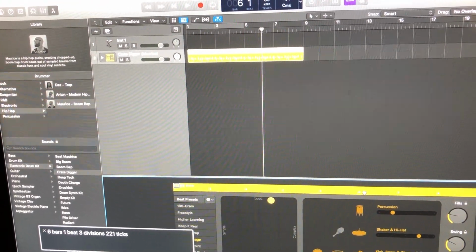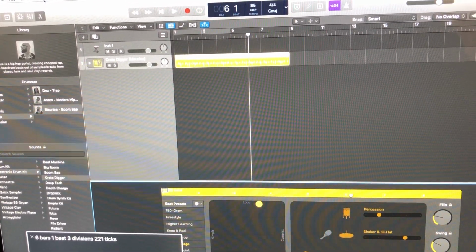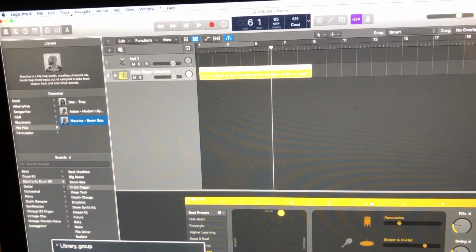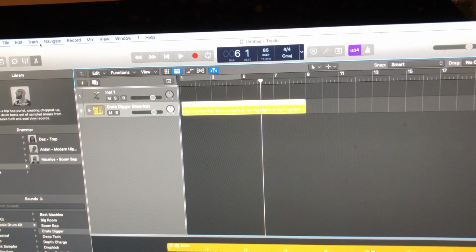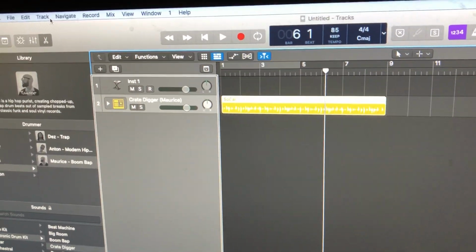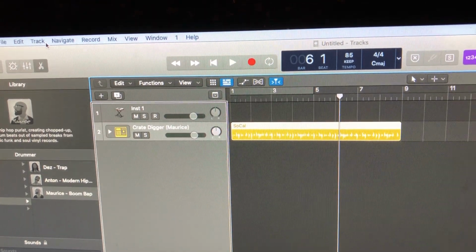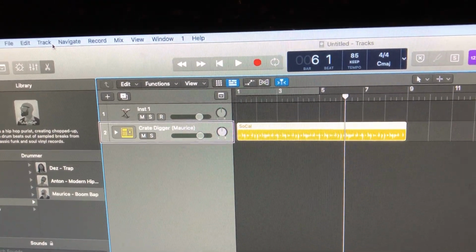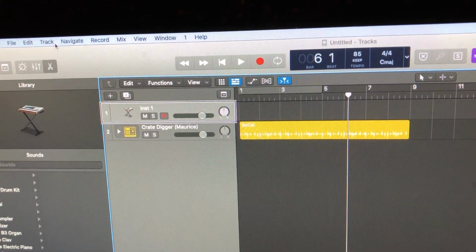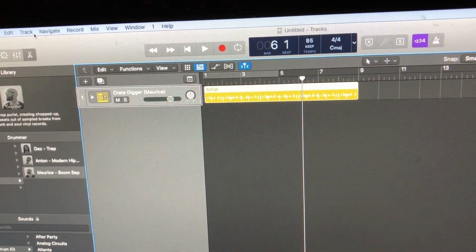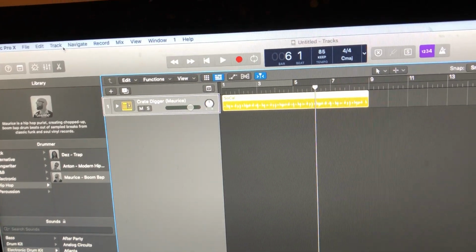But here's the cool part. You also have, if we go over here to the tracks area, this is the same for the acoustic drummers as well. And it's a very similar thing to the producer kits, which we'll talk about next time. In track 2, you have Great Digger group. Let me get rid of this software instrument that we don't need here. If you expand this track stack, I believe I showed this to you before, but in case